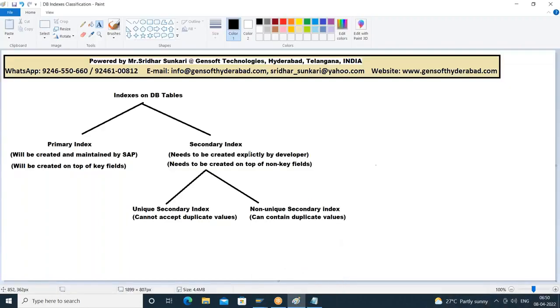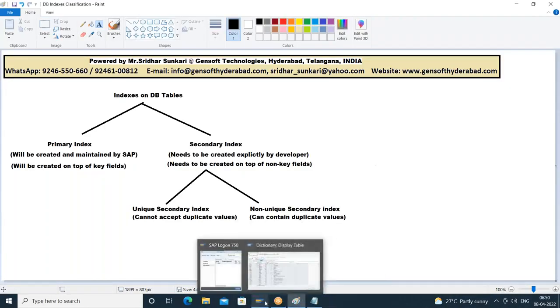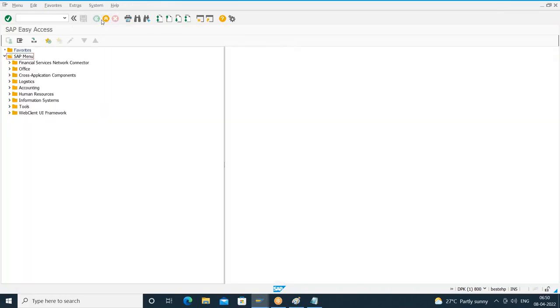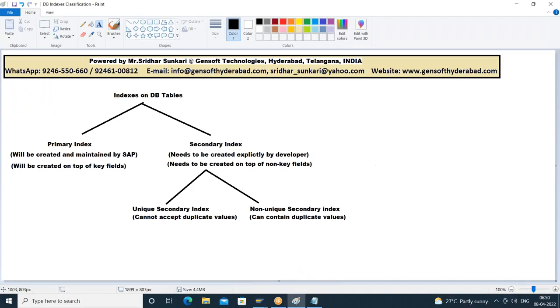So why do we create a secondary index? In multiple reports in your project, you might be trying to execute the select query comparing with non-key fields. So in order to increase the performance of those select queries, we can create a secondary index on top of non-key fields. This secondary index is classified into two types. One is unique and another non-unique. As the name itself suggests, unique cannot accept duplicate values, whereas non-unique can accept